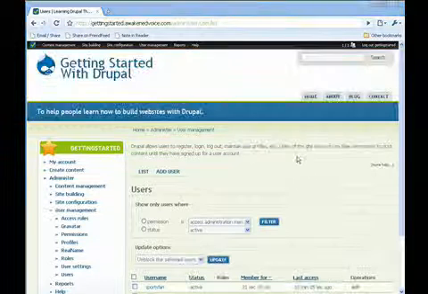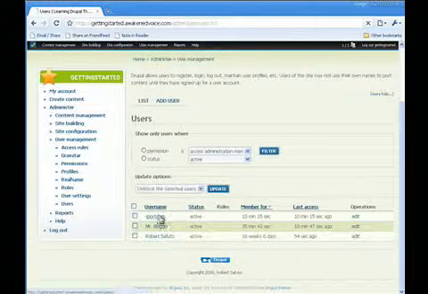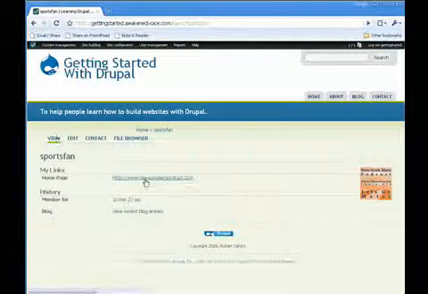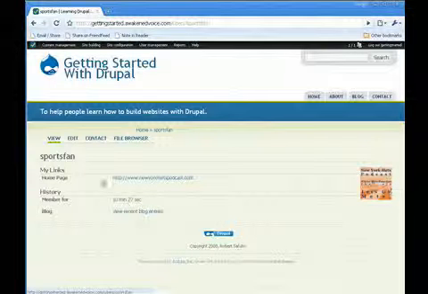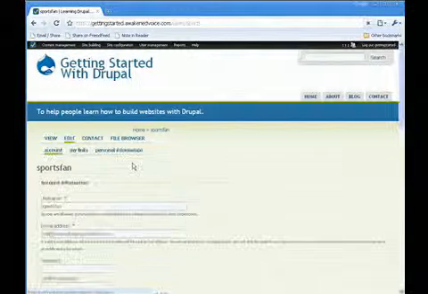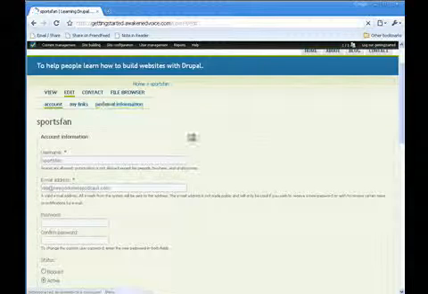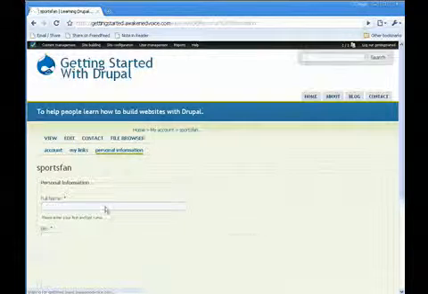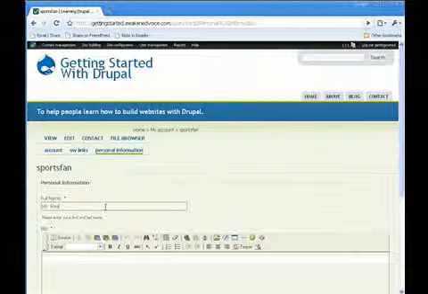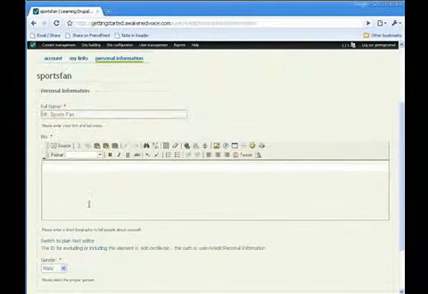So I've gone in and made some updates to that particular user. We can see that it still has a username Sports Fan, but I've added a link there. I've uploaded a user picture. If we want to, we could go in and make some other edits, like personal information. We can give them a real name. We could just say Mr. Sports Fan. And then the bio,